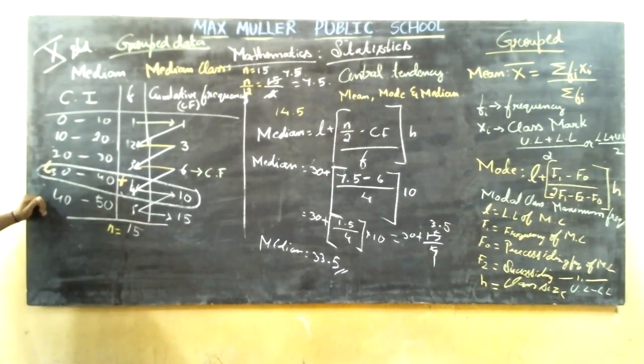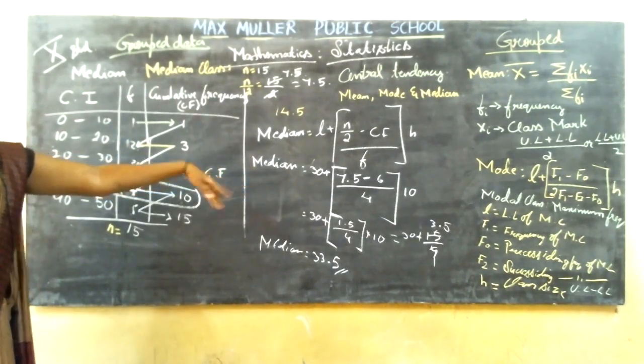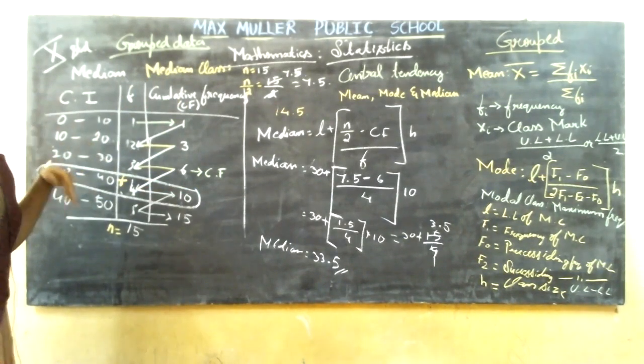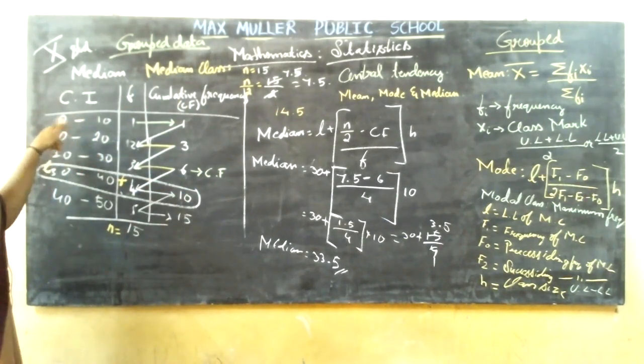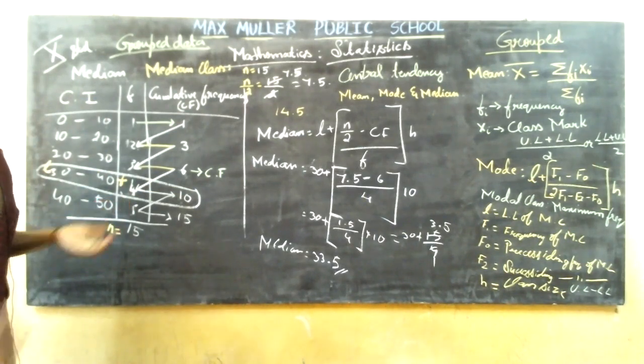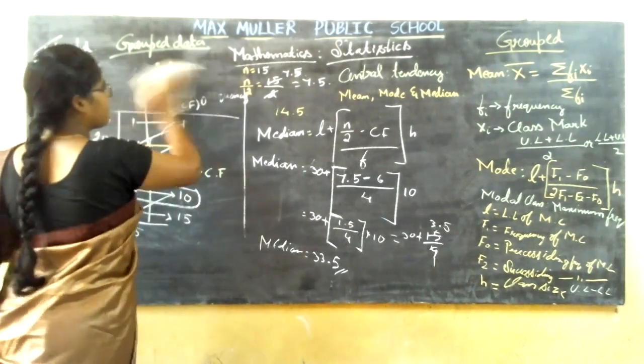Then how are you going to find the mean? Fi is already ready here. Now, what is the next tabular column you are going to do? You are going to do the xi column. What does that xi column tell you? It is the class mark. You are going to add these two and divide by 2. So, when you add these two, you get 5. So you are going to do the mean also. Clear about this? I think median is also clear for you. Now let me take two or three problems regarding this and find out mean, mode, median, all the three, and let us go to the next topic.